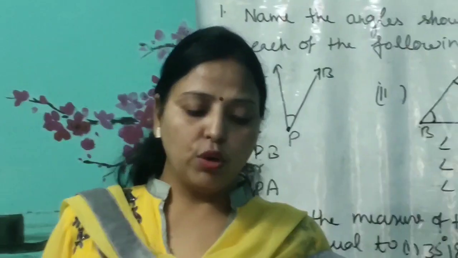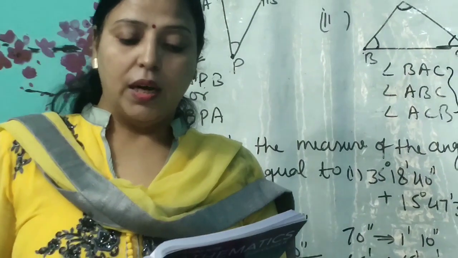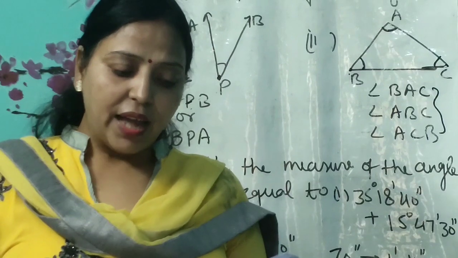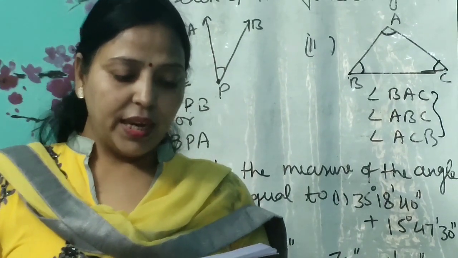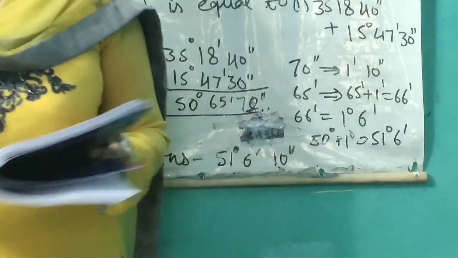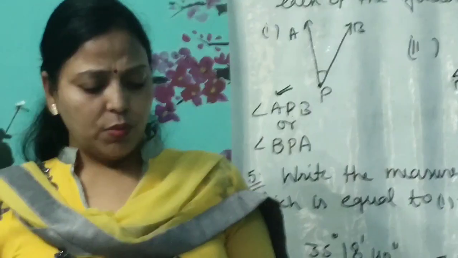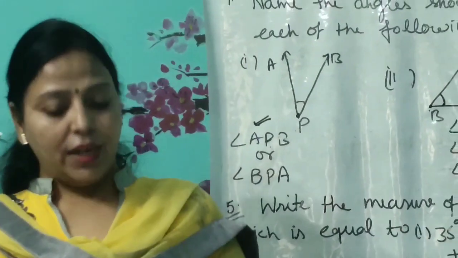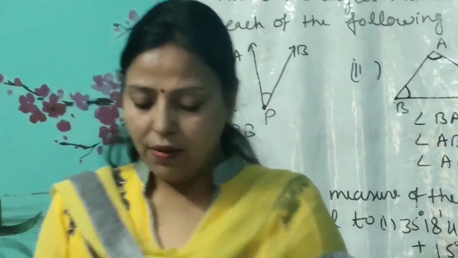In question number 2, you have to name the points which are in the interior and exterior of the angle PQR. So interior means the points which are inside the angle, that is A and C here, and B, P, E, D, that all are the exterior points. So these questions I am not going to discuss because they are very easy questions, you can do by yourself. Now directly I am going to explain you question number 5.